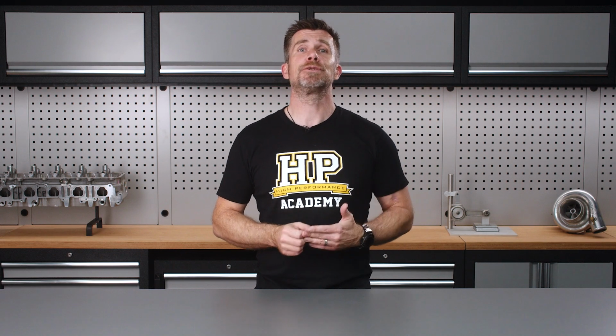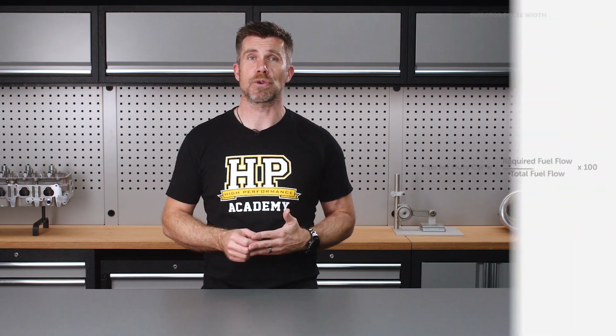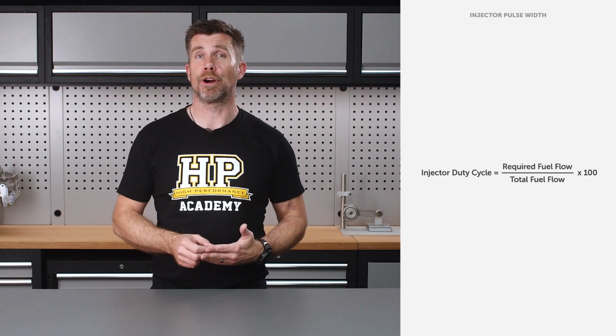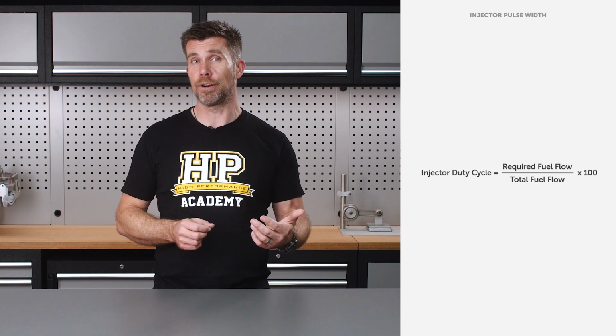Now that we know how long each engine cycle takes, we can calculate the injector pulse width we need to achieve our target air-fuel ratio. We can start by calculating the required injector duty cycle using this equation. Here, the injector duty cycle is simply the required fuel flow divided by the total fuel flow and then multiplied